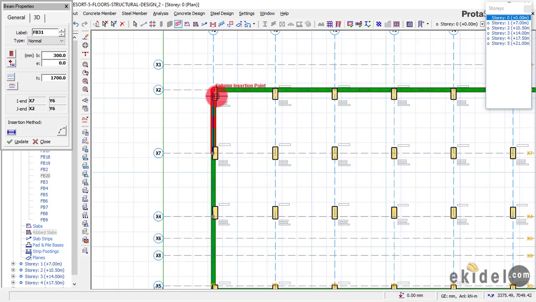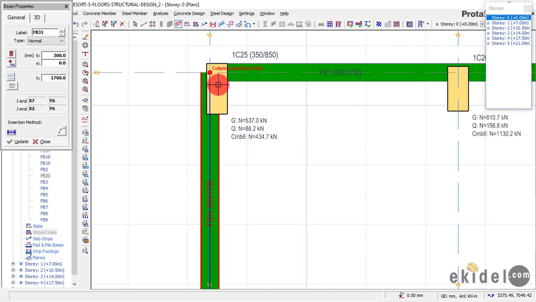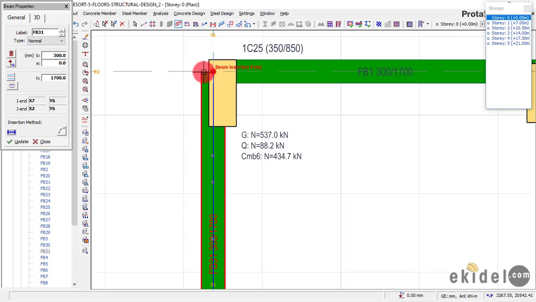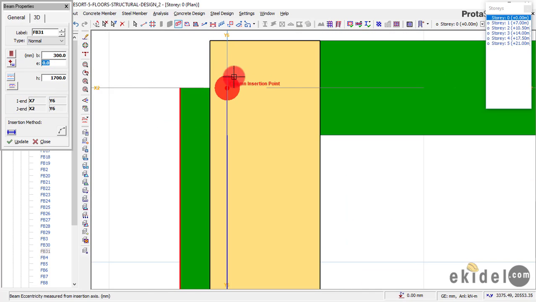Now, if I want to flush this beam with the column, let me show you, because you can see that the column and beam are not flushing at the same plane. So to do this, I'll have to apply the beam eccentricity. So I can come here, and first of all, I'll click on this escape button here,